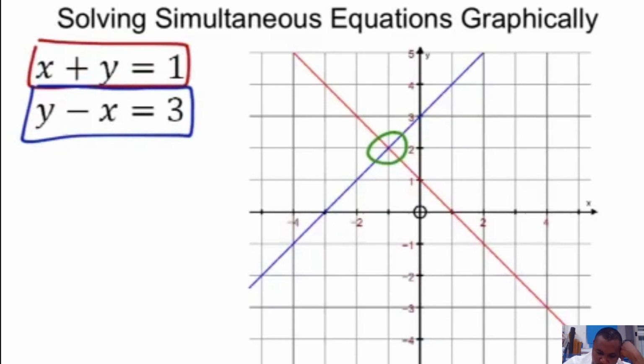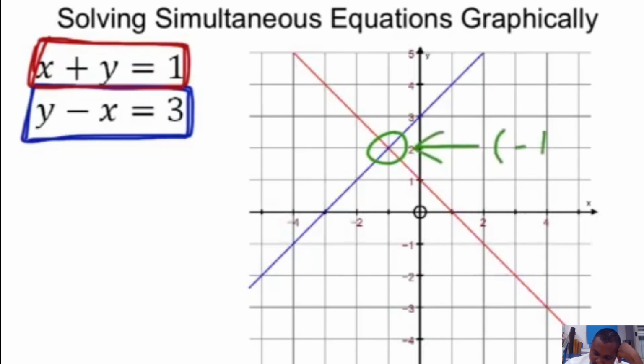If we think about what a graph means, every point on the blue line is a solution to the blue equation, and every point on the red line is a solution to the red equation. So the simultaneous solution is the solution where both equations are true, and that is at the point where they cross,